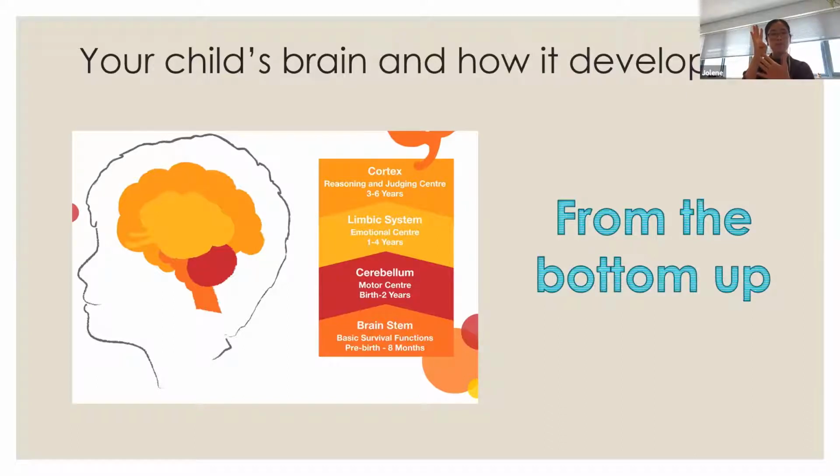And this is also because the cortex, which is the next part, when you curl your fingers over the top, that's the cortex. It has not developed yet. The cortex is the thinking center of your brain. It's the part of the brain that drives rational thought, thinking before acting. So until the age of 4, this doesn't actually develop.